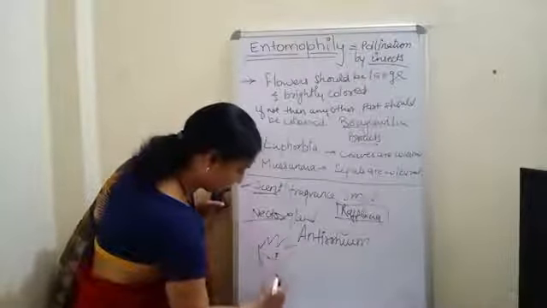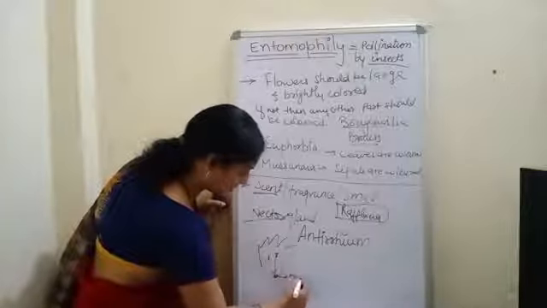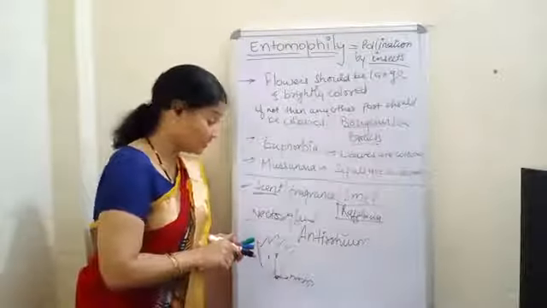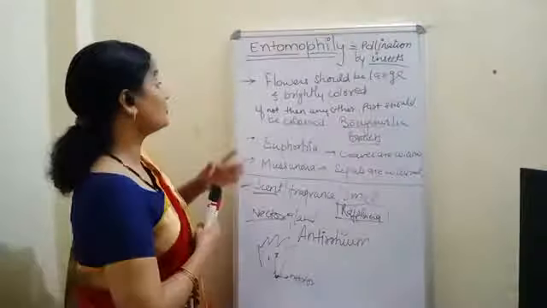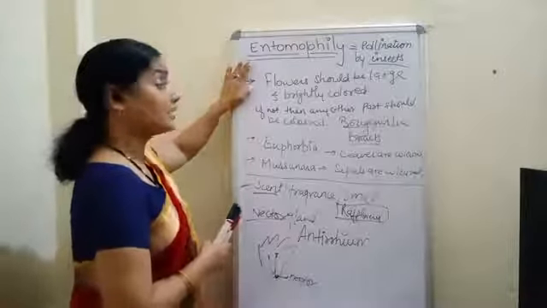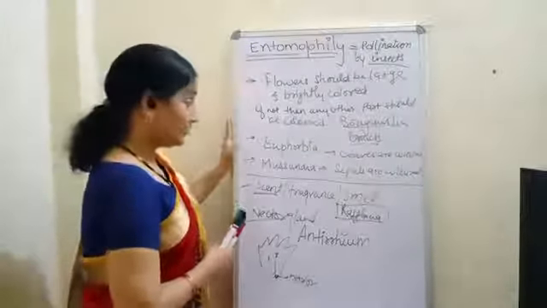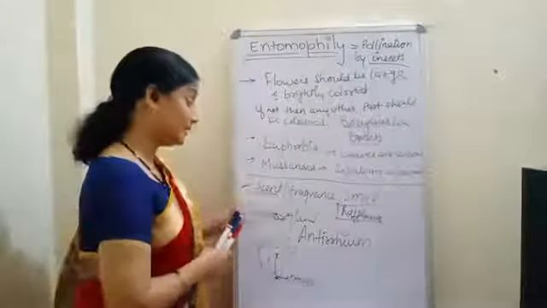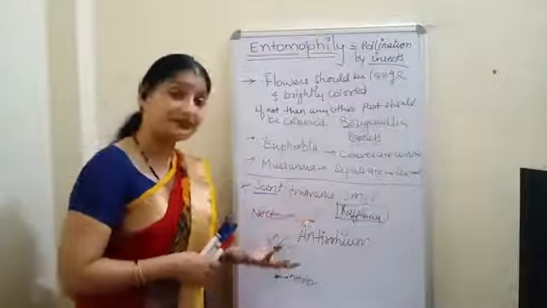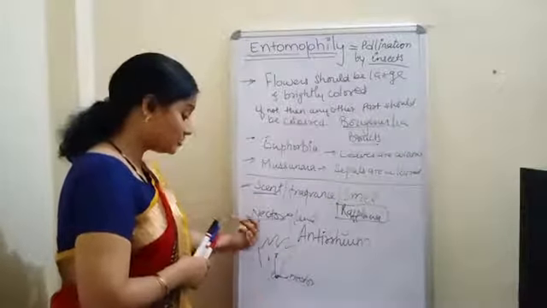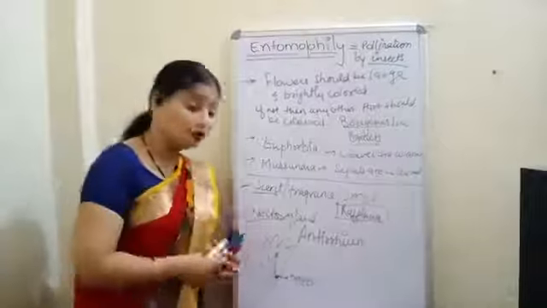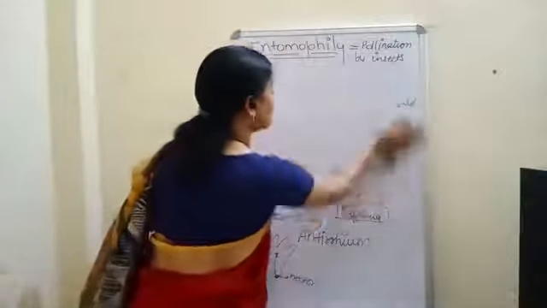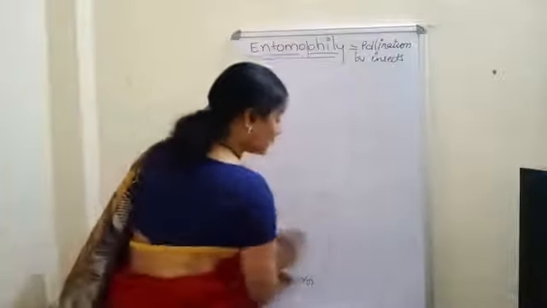See, these nectars are present at this place, and these nectars help in the process of pollination. So what are the properties of the entomophilous flowers? Flowers should be large, brightly colored, showy. If the flowers are not brightly colored, then their part should be brightly colored. They must have scent, fragrance or some different smell, as well as there should be nectar. Plus, one more point. Flowers should be conspicuous. Conspicuous means easily visible.